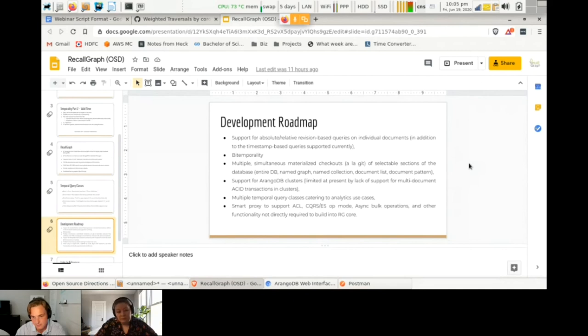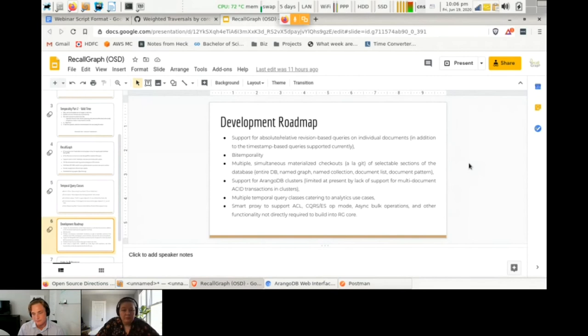So one of the big ticket items on RecallGraph is to make it fully bitemporal, basically add support for valid time. Following which, there will be a bunch of major and minor performance enhancements, basically make it work with ArangoDB